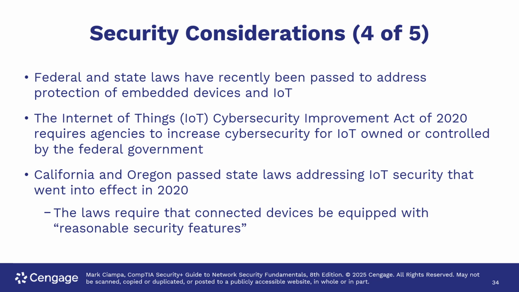Federal and state laws have recently been passed to address the protection of embedded devices and IoT. You have the Internet of Things Cybersecurity Improvement Act of 2020. It requires agencies to increase the cybersecurity for IoT owned and controlled by the federal government. California and Oregon passed a state law addressing Internet of Things security that went into effect in 2020. The law requires that connected devices be supplied with